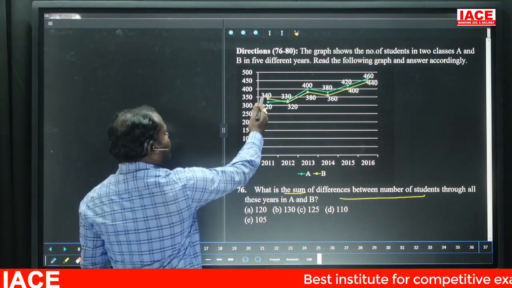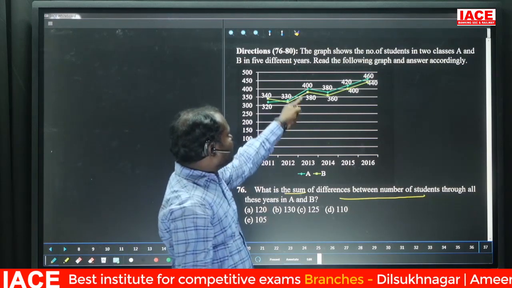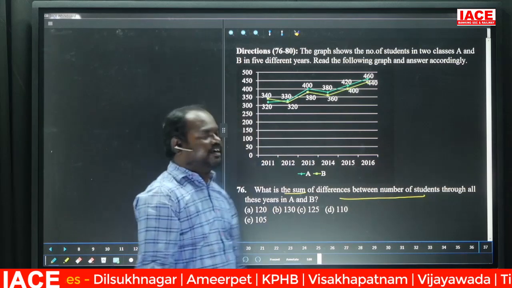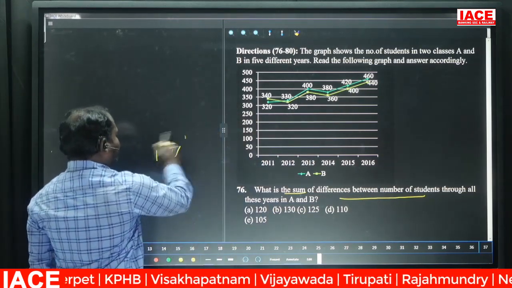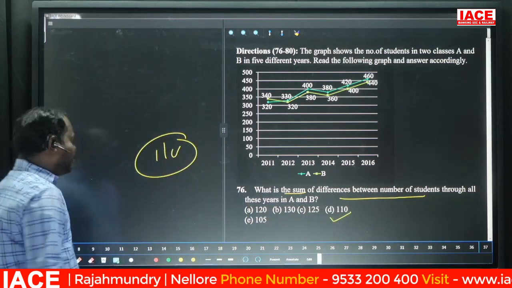Here, what is the difference? 20. Difference 10. 20 plus 10 is 30. 30 plus 20 is 50. 70. 90 plus 20 is 110. So that is 110. 110 means option D. Differences sum is what they are asking. Next,